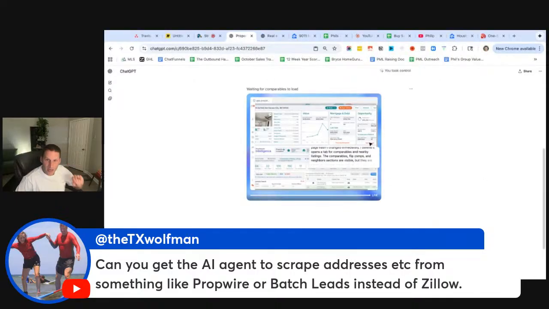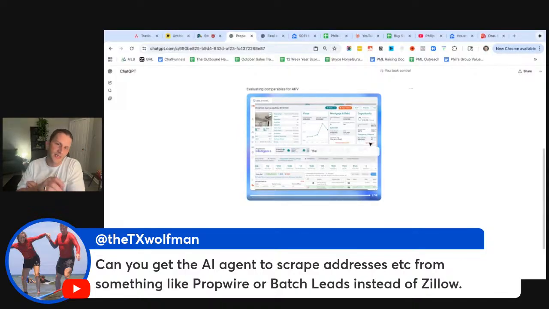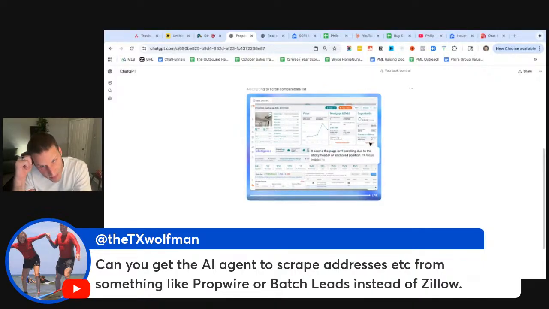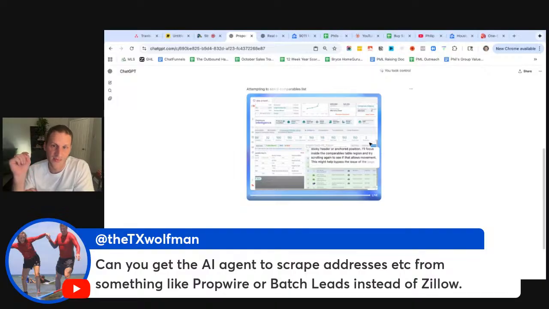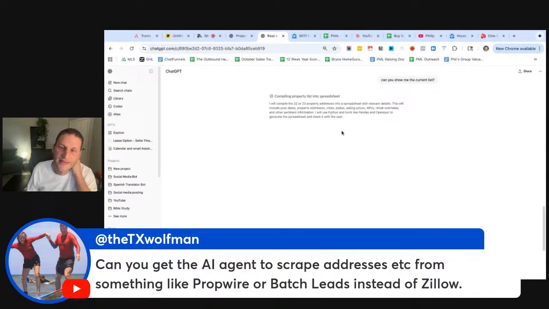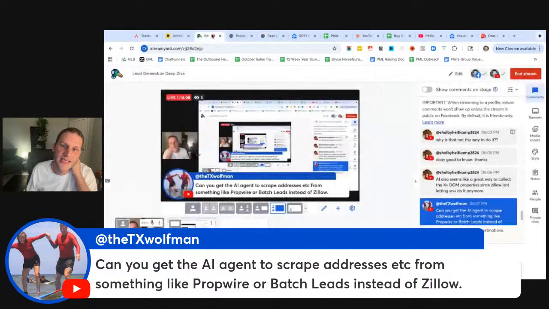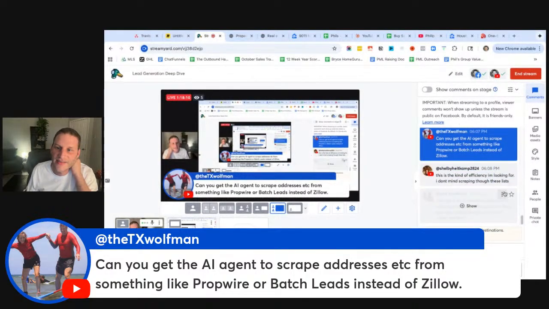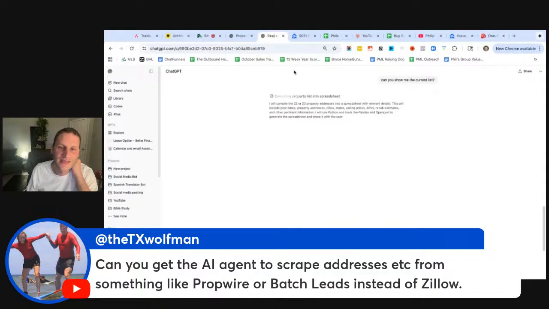Okay, open comps. So you can get it to comp for free. It just takes way longer than I prefer, but you can still probably have it do the comps. We'll just have to analyze. I know what this property is worth. I know the ARV is, so we'll see what it comes up with. And this stuff's going to continue getting better, right? This is early stage access to agents through ChatGPT. Okay, it's compiling the spreadsheet. We'll get this spreadsheet, and then we'll close out.